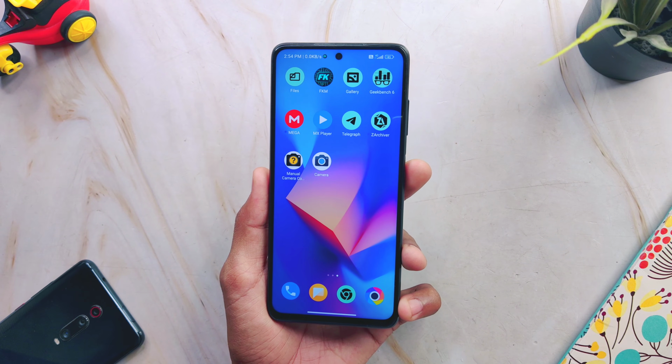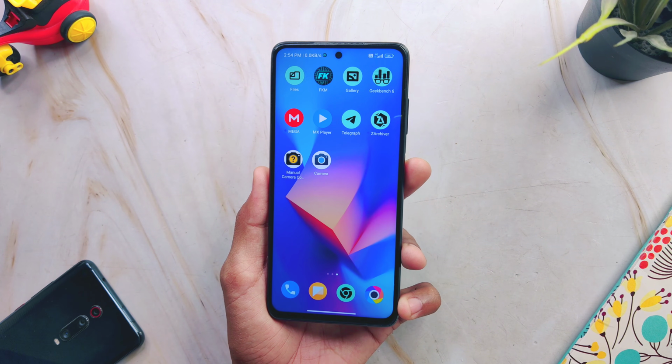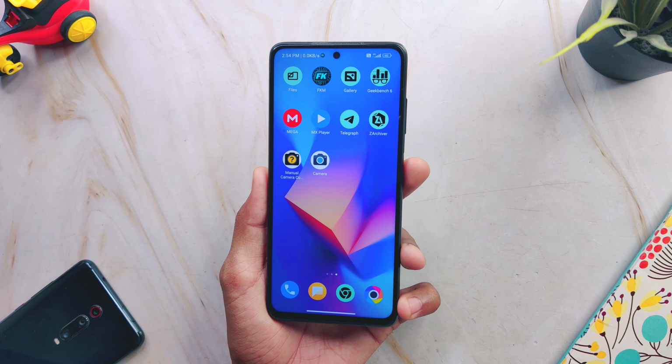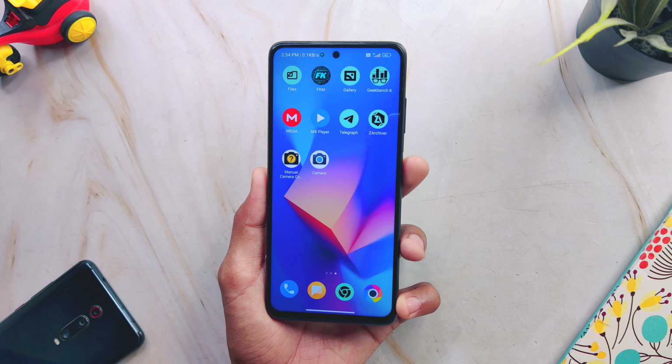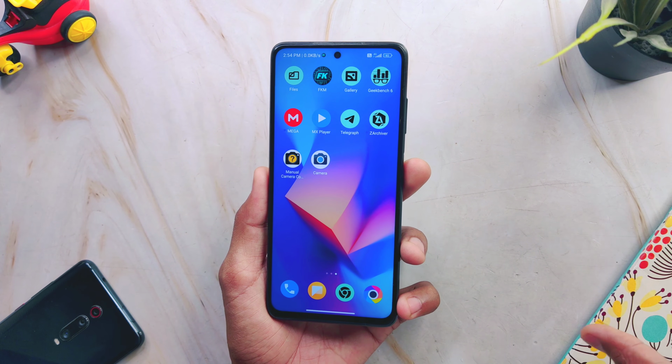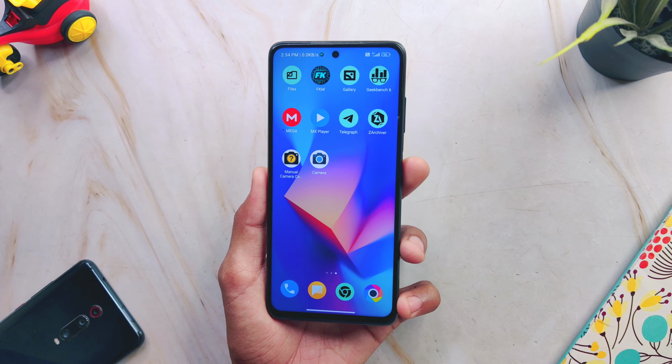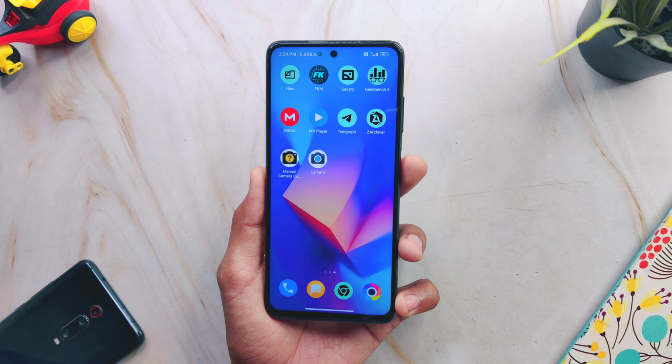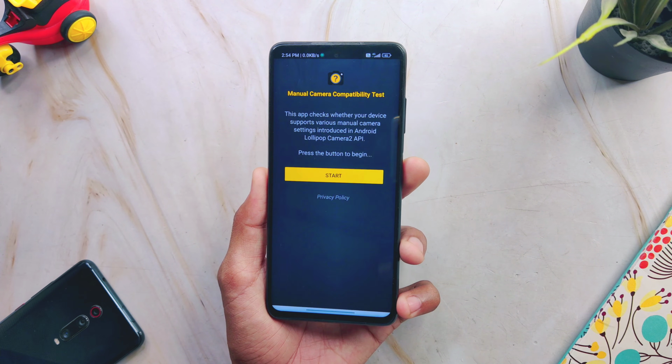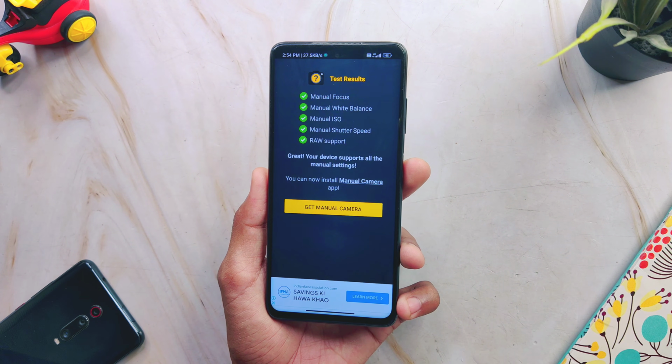Now let's talk about camera compatibility or Camera 2 API, which is a very useful thing before installing any camera on any Android phone. See, there are a lot of smartphones that are coming with the enabled Camera 2 API by default from the manufacturer, but old phones like Redmi Note 3 or any other device which is very old, like a 4 to 5 year old phone, that phone doesn't have camera compatibility enabled by default. So you have to check that out.